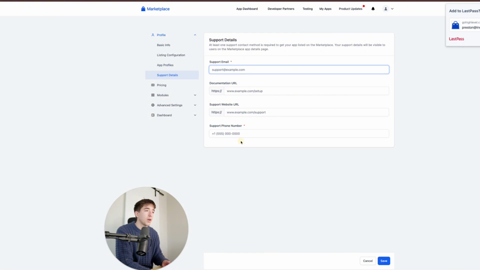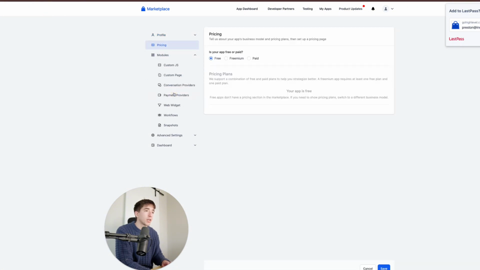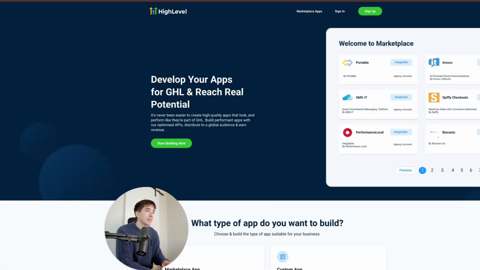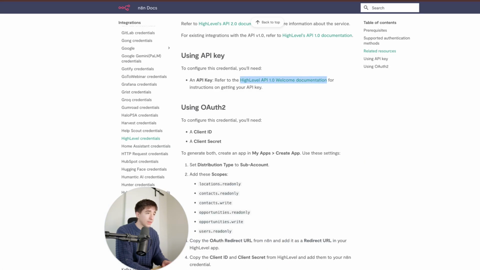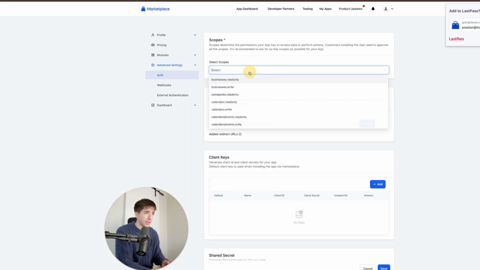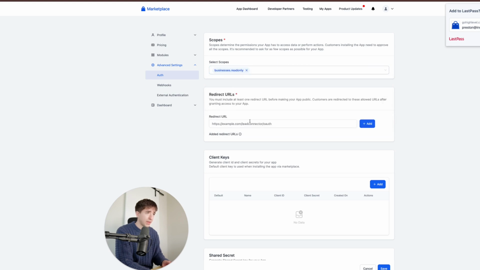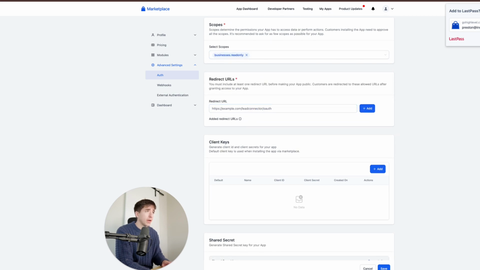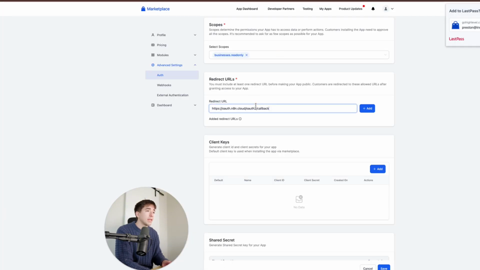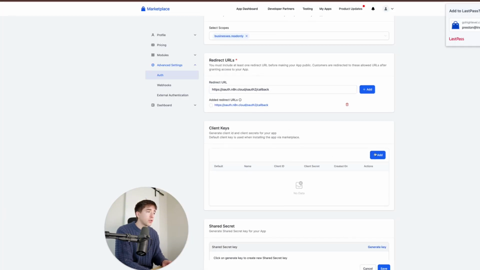Then put in your email, put in your phone number. Don't touch anything under pricing. Don't touch anything under modules. Then you're going to want to go to authentication and select the exact scopes that are right here. Locations read-only, contacts read-only. Click all of those, and then put in your redirect URL right here. So go back into N8N, grab your redirect URL, paste it right here, add it, then generate client keys for it,